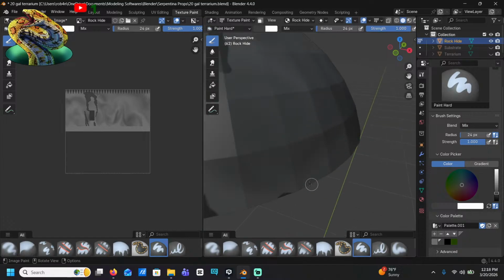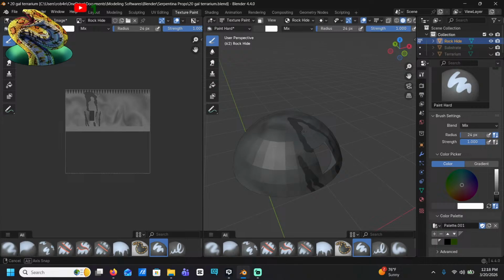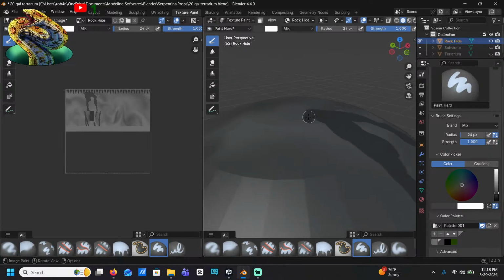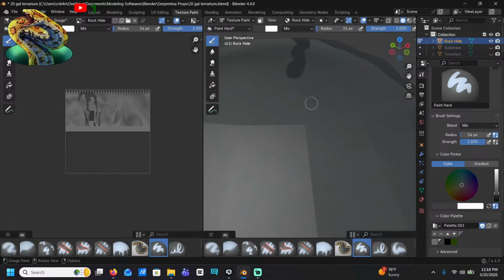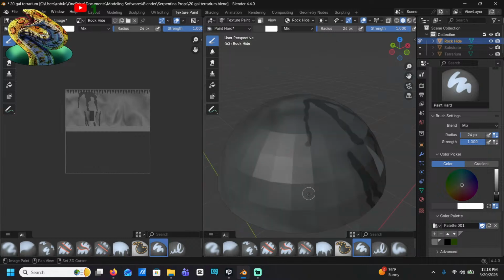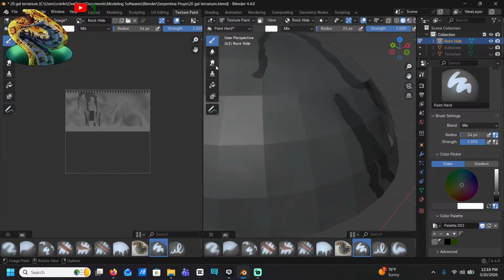This would be a really good guide for the green plant matter looking stuff, like the moss. This would be good for that, I think. I think that's what I'm gonna do with it. I don't know. Right now I'm spitballing. I'm not a very artistic person, so I'm spitballing what looks good on my rock. If worst comes to worst, I can blend it in like I did with a smear.